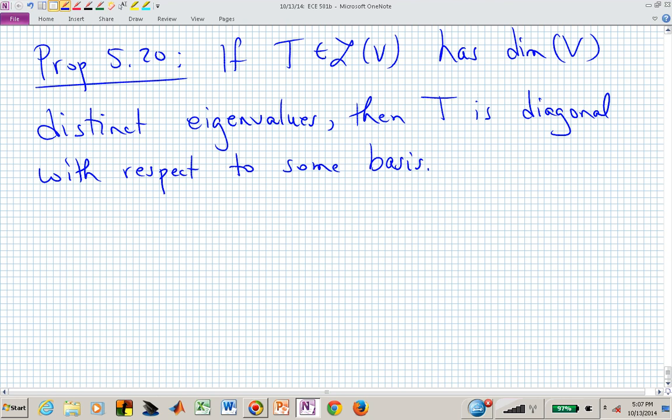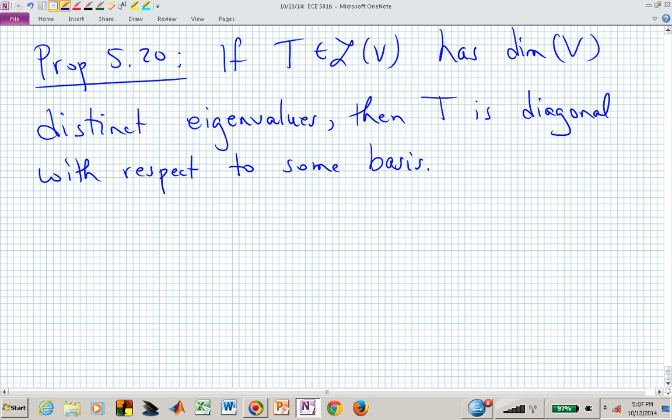And now we're playing on the fact that all of these eigenvalues are distinct. They're not repeated. That's the key. So now we have, let's say, eigenvalues that are 1, 2, 3, 4, and 5, five-dimensional vector